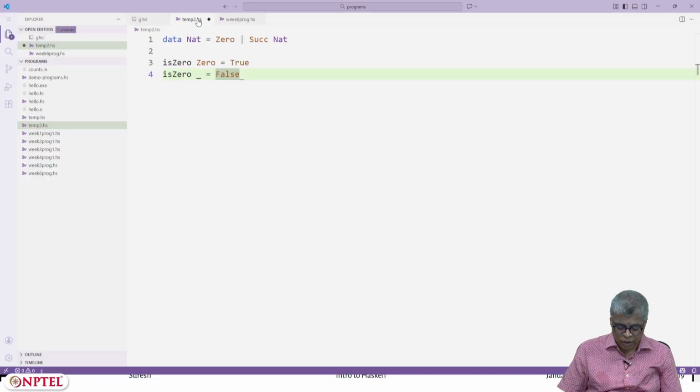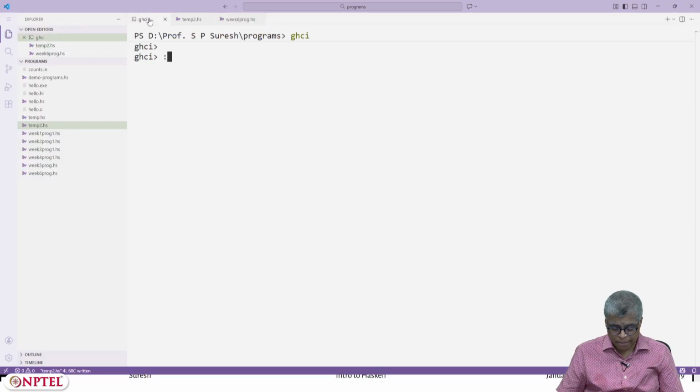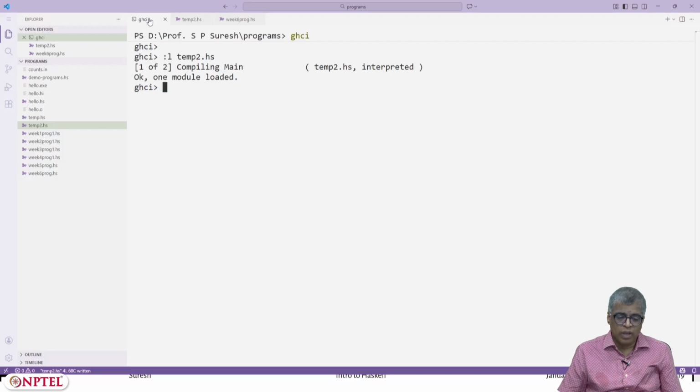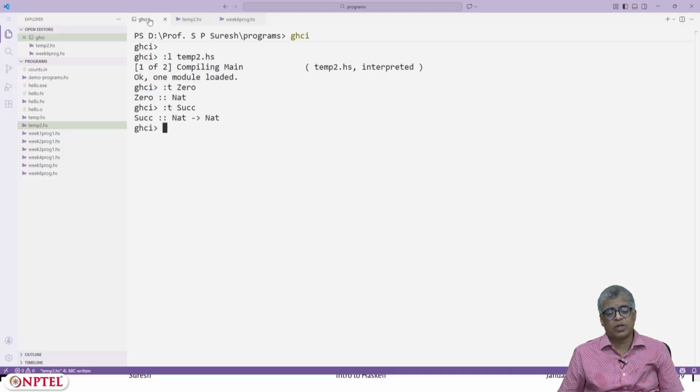Let's just check that it works. I can ask for the type of 0, it is Nat. I can ask for the type of Successor, it is Nat -> Nat.